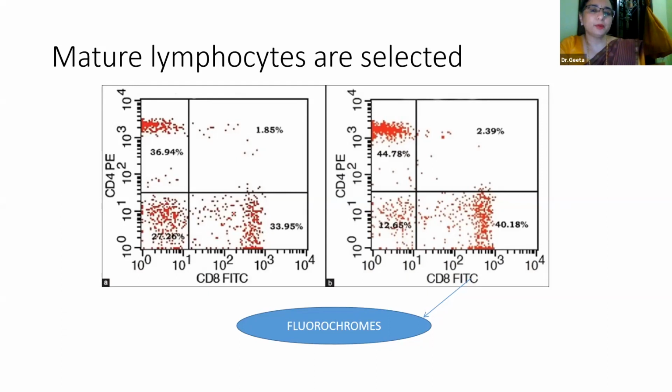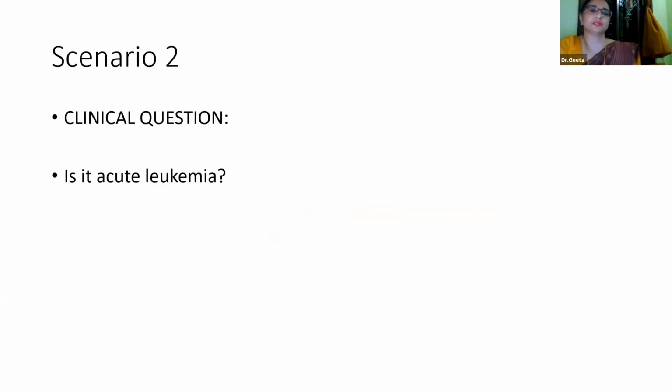Once CD3 positive cells are selected, I go on to the next sequential staining of CD4 and CD8, which separates this population and this population and also gives me the percentage and the number of cells in each group. So I put CD45, CD3, CD4 and CD8 in my same tube. But I have to be careful that I am not overlapping the fluorochromes.